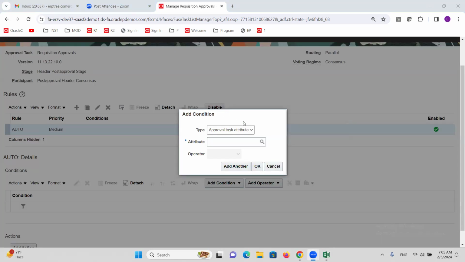Here, what is the condition? If business unit is equal to Alt INC business unit, whenever you create the requisition, system should approve that requisition automatically. We'll set it that way. Say